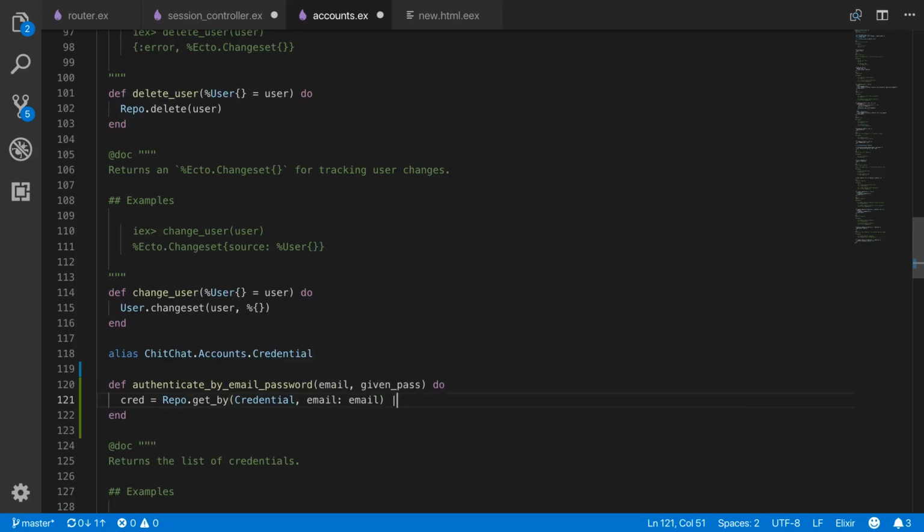And it will preload the user into the credential. So normally we've got a user and we preload the credential into the user. This time we're doing it the other way around because the credential is what we're given. So repo.preload user. And then we'll do